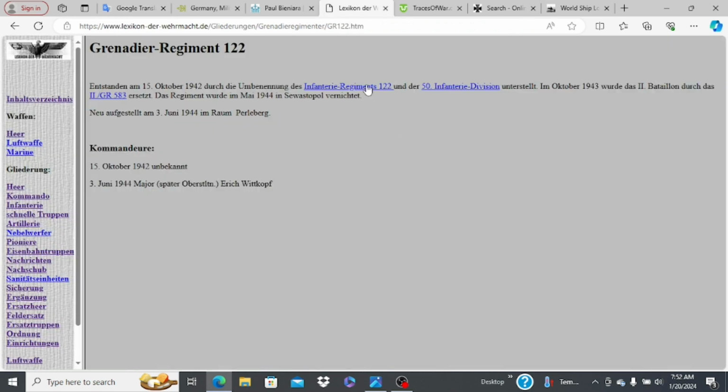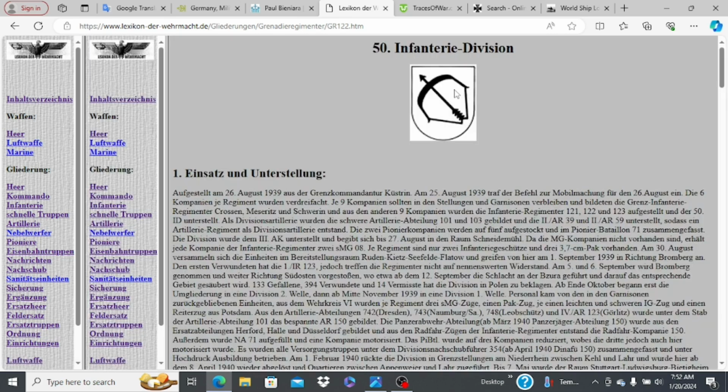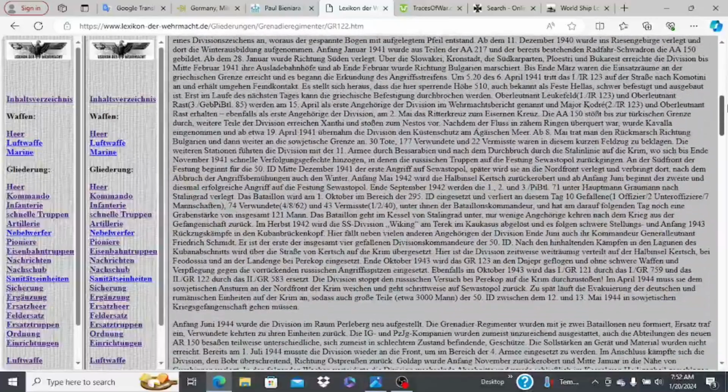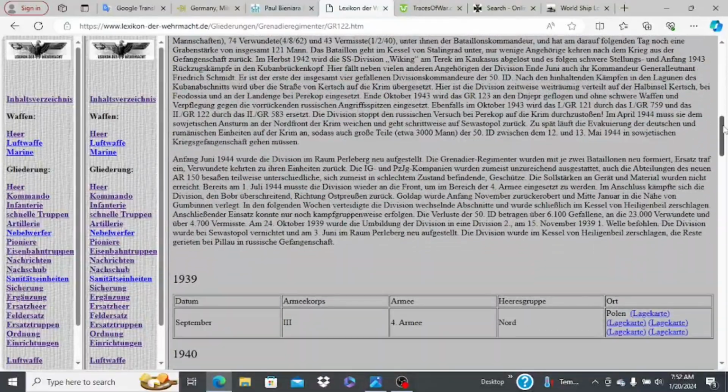Now, one of the nice things here is we've got all these nice links. We can actually go to the 50th Infantry Division's page here. And we can look at all of their stuff. So if we scroll down,